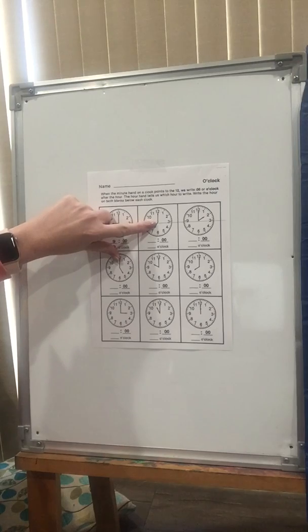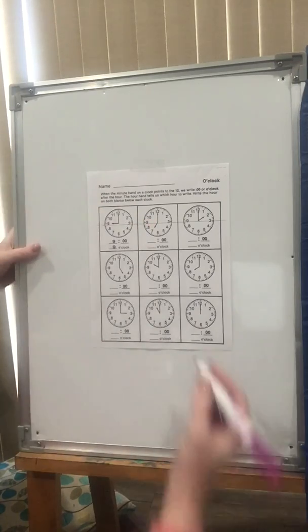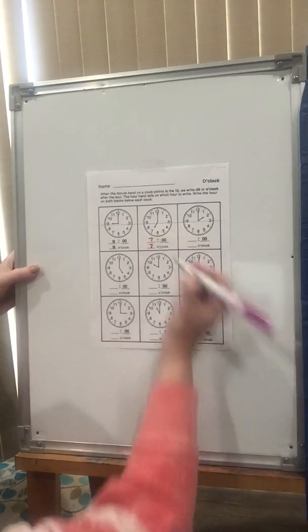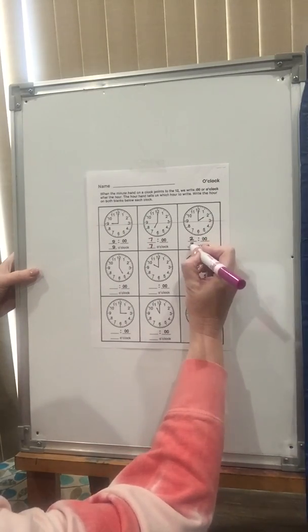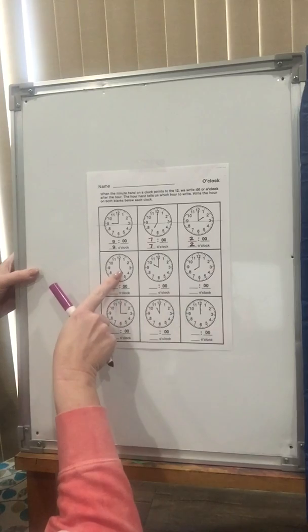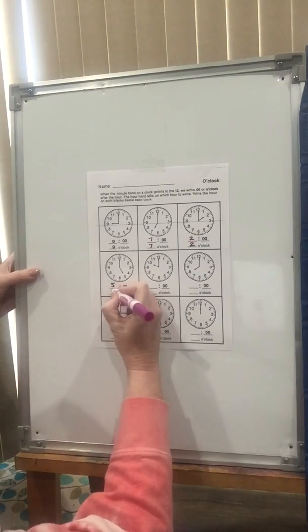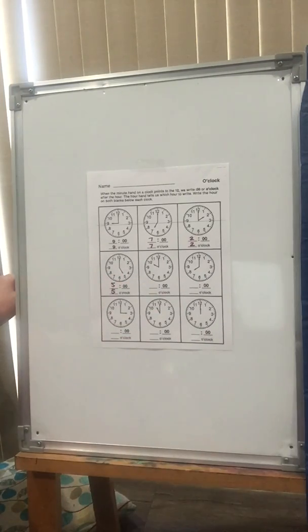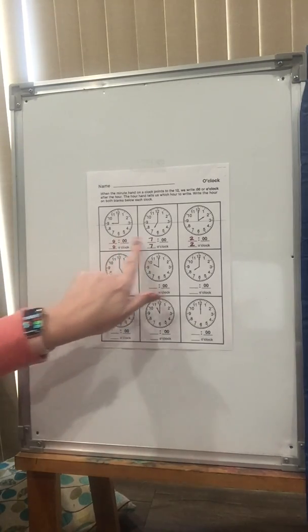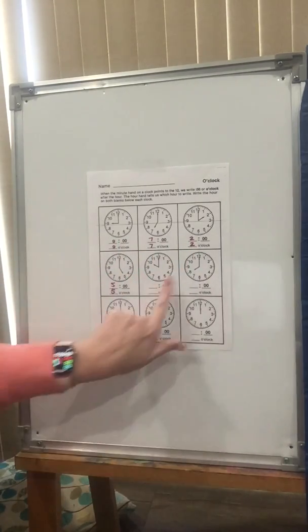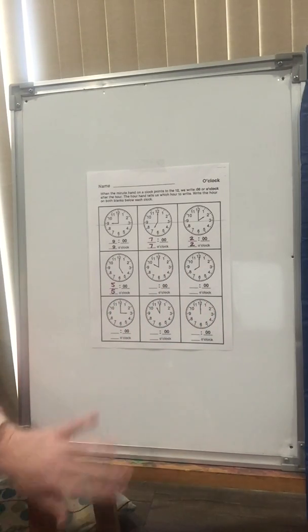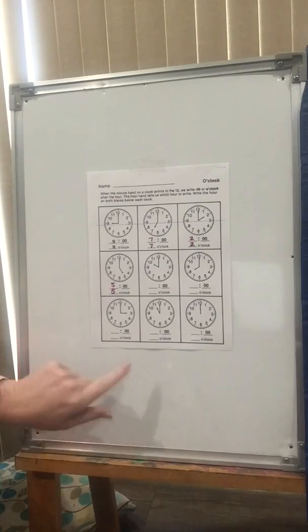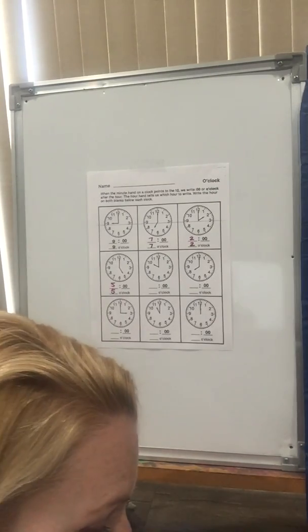And so that short hand, that hour hand, is pointing to the 7, so it is 7 o'clock. The short hand is pointing to 2, so it's 2 o'clock. That short hand is pointing to the 5, so it's 5 o'clock. And so if we were at school, I would show you these examples just like I did here, and then I would let you try the rest of those on your own. So that's what I'm going to do right now. Also, I'm going to not finish this for you, but I want you to finish that on your own